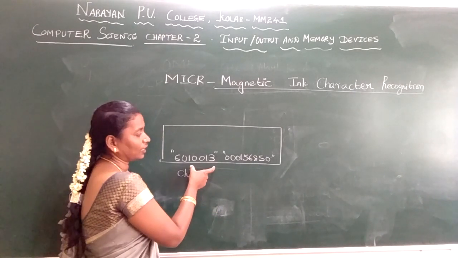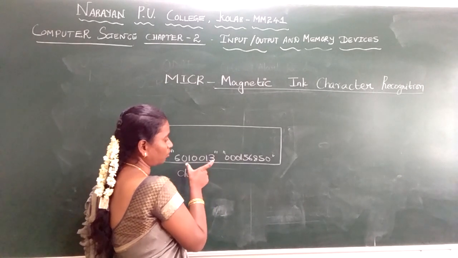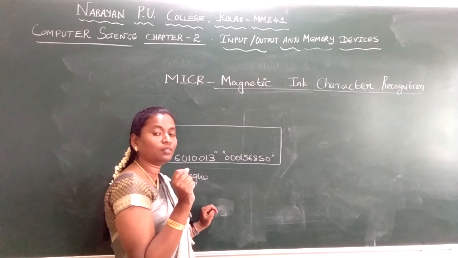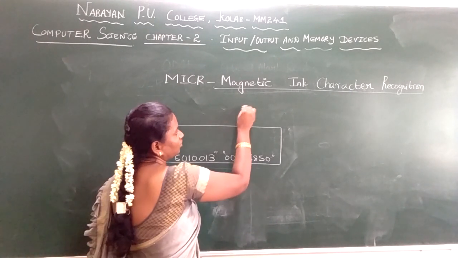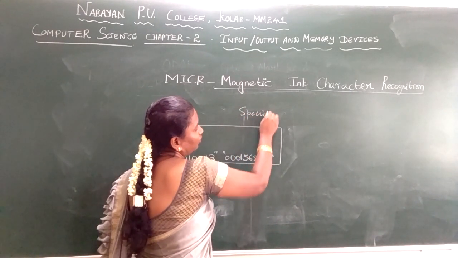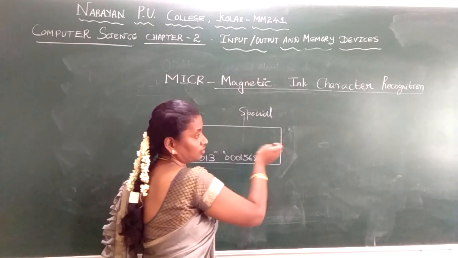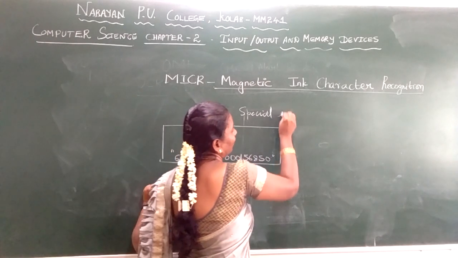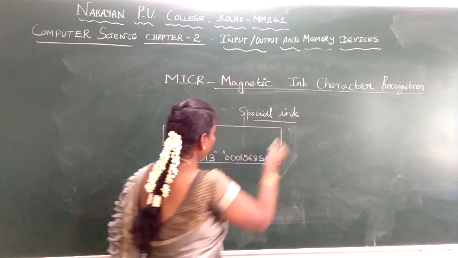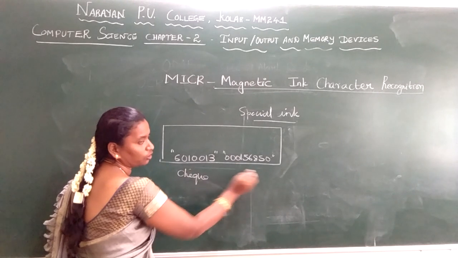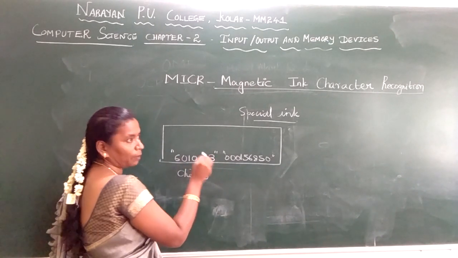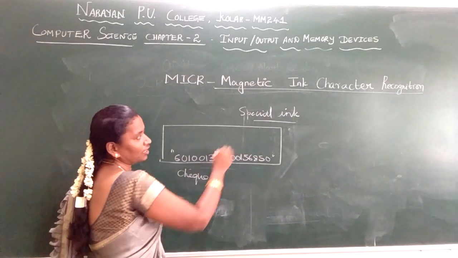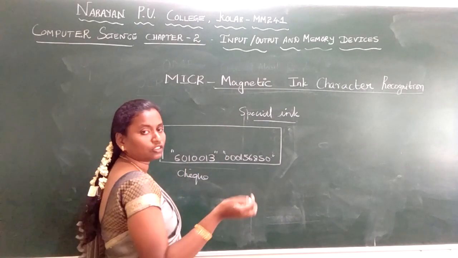In the cheque we have a cheque number, we have bank numbers and all. In order to identify this cheque number, the cheque is not printed using normal ink. It is printed using special ink. The ink which they use to print the numbers on your cheque is a special ink. If you happen to see the cheque, we have the cheque number. If you happen to see the DD, we have those DD numbers and all. These numbers are printed using a special type of ink. So it is not handwritten.